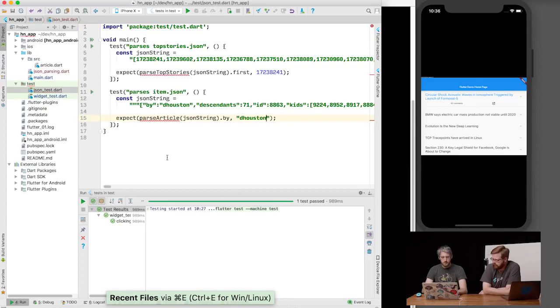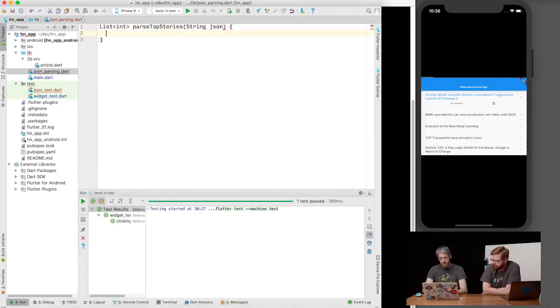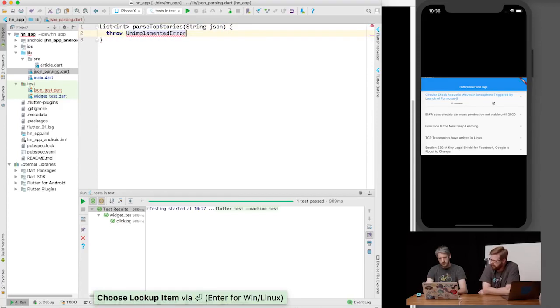And I just want to make sure that... So, this should give you a list of ints. It's called top stories, and it should take a string of JSON. And this should throw now. Is there an unimplemented? There is. Yeah. And then,